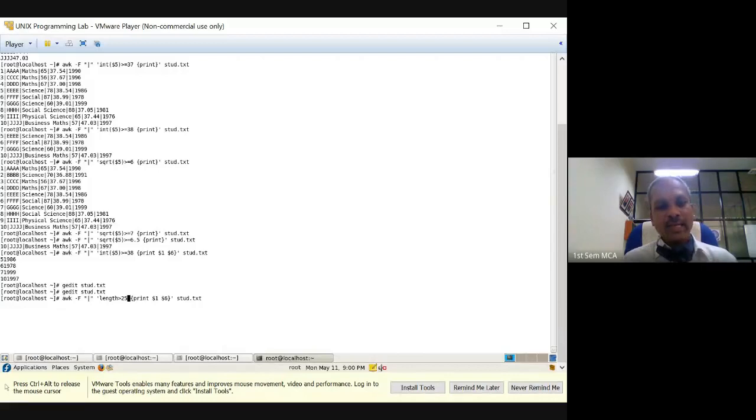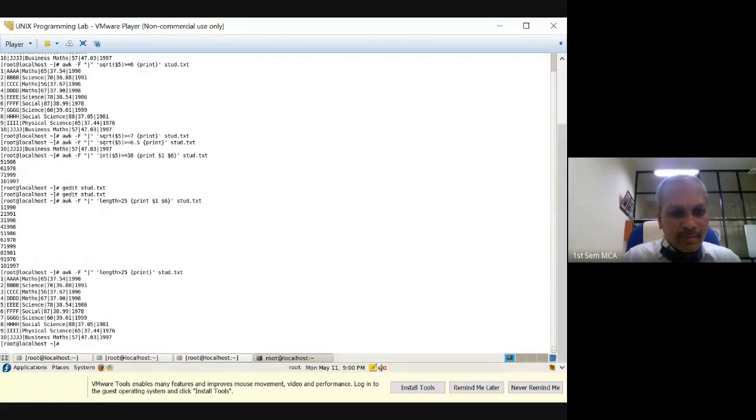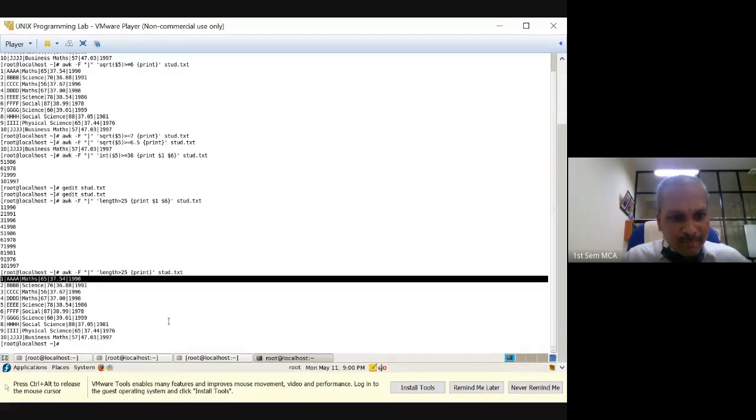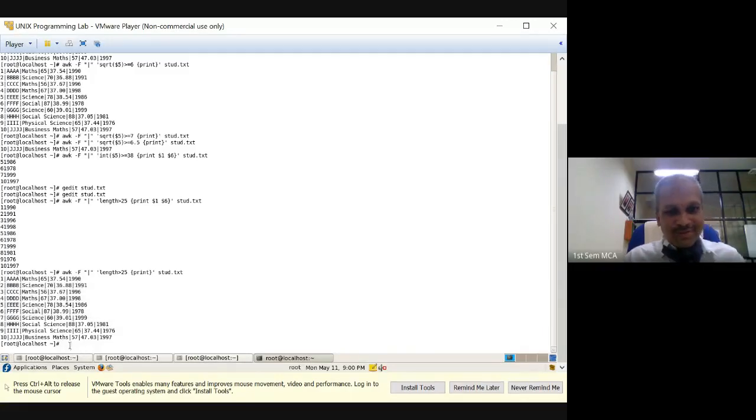So I am going to use length now here from the perspective that it is going to consider the length of entire line. So no field, complete line. And we know that our lines are having minimum 20 to 37. So this is output what we are going to get. 1, 2, 3, 4, 5, 6. Let me print entire line to avoid confusion. First line, how much you have? It is not 20. It's more than 20, I believe. I haven't counted the pipe. 25. So we have taken 25.